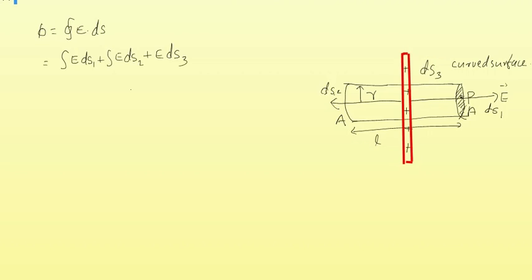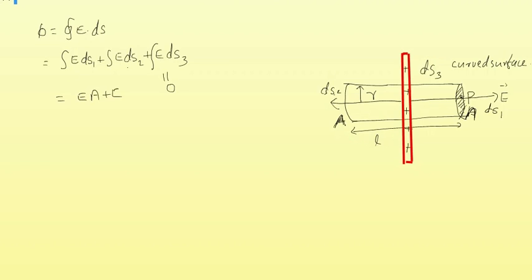But again you can see that the electric field lines are always normal to ds1 and ds2. There will not be an electric field line passing normal through the surface area ds3. Therefore the flux through E ds3 will be 0. Therefore this equation becomes phi is equal to integral E ds1 plus E ds2.